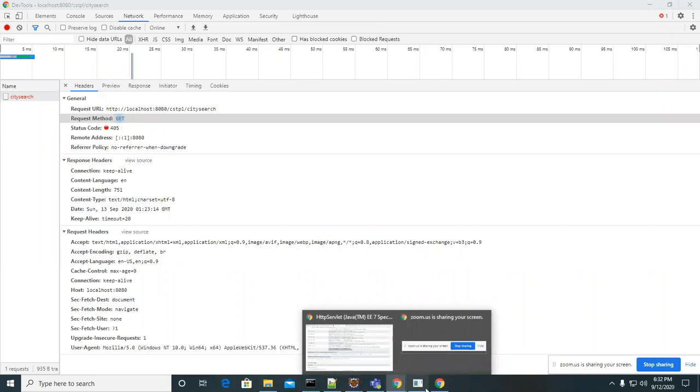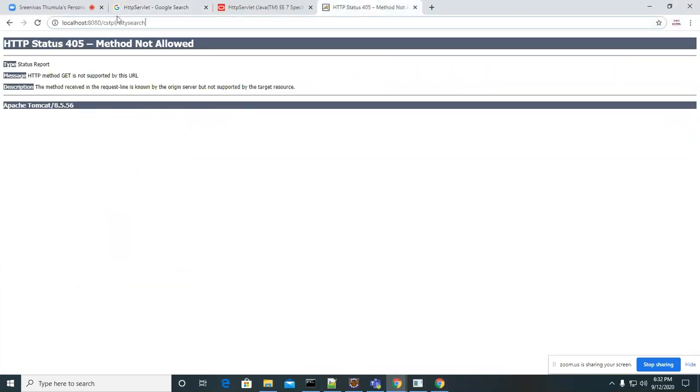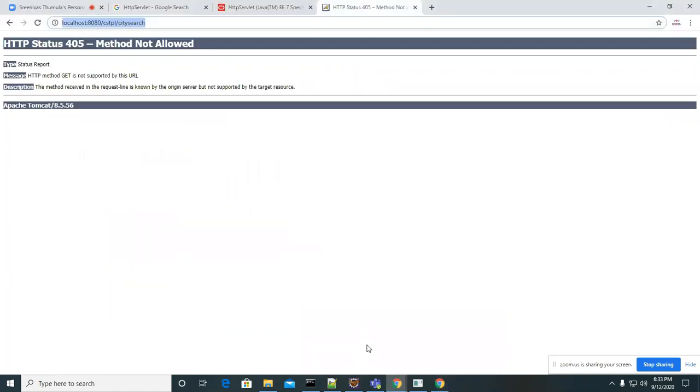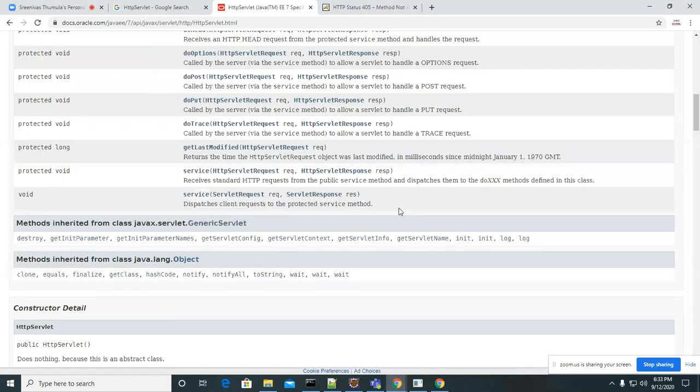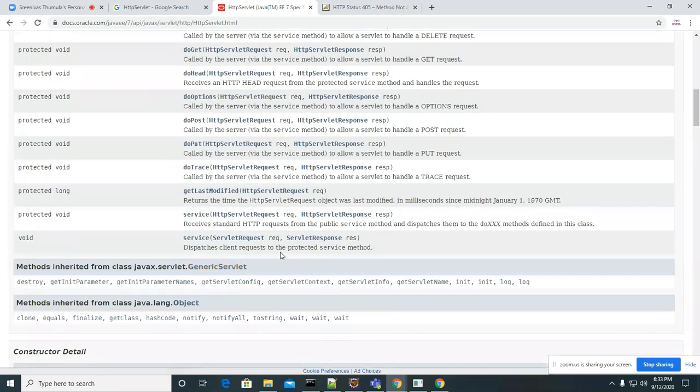So whenever you send all these requests, if you are calling like this, all requests are get requests. Now what kind of request is it? Get method, get request. Okay. When it comes to a get request, what the service method inside this HTTP servlet will do is identify what kind of method it is, whether a get method or post method. That information will be picked from the request object. The request object has all the information, right?